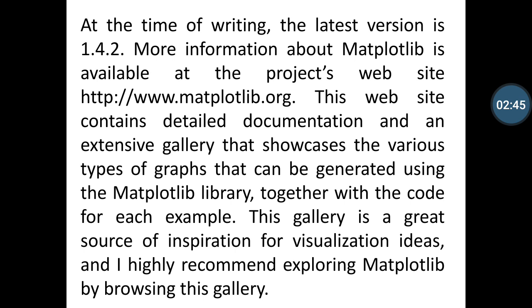At the time of writing, the latest version is 1.4.2. More information about Matplotlib is available at the official website www.matplotlib.org.